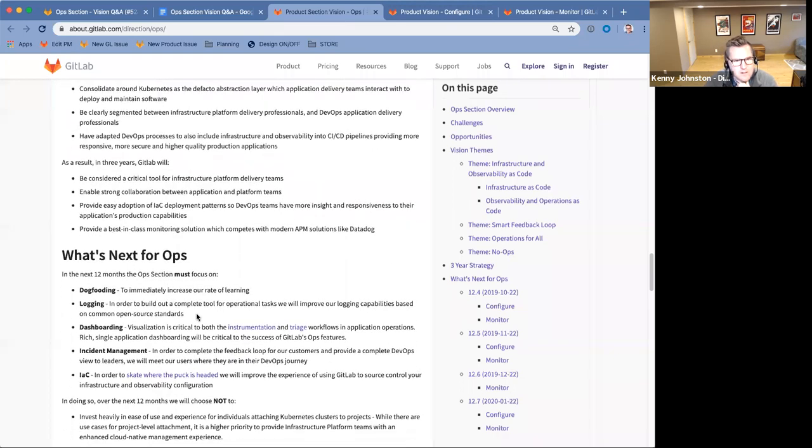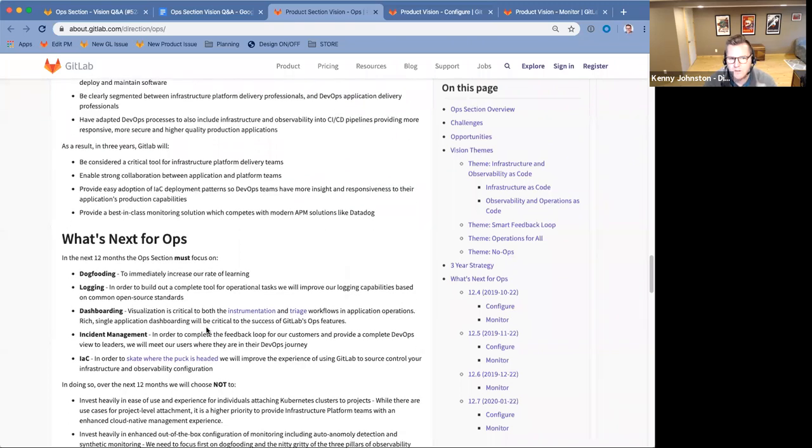In the next 12 months for ops, we talk about most important dogfooding, building our logging capabilities. We really want to work on the dashboarding for the purposes of triage and instrumentation. So again, the notion that people will stare at a NOC big screen and only when they see something go blip realize that something's wrong is out the window in modern operations lexicon.